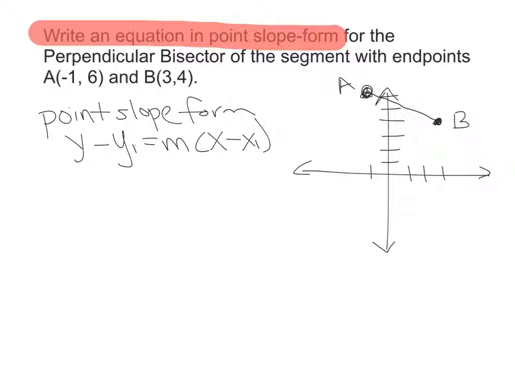And then the perpendicular part of this: perpendicular means that it's going to form 90 degrees. And the bisector means it's going to have two congruent parts. Okay, so the formulas that we're going to need to help us with that, to make it bisect, we're going to need the midpoint formula,